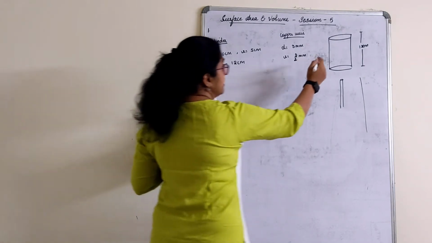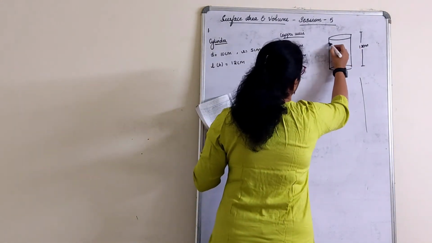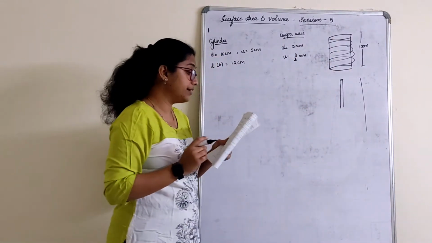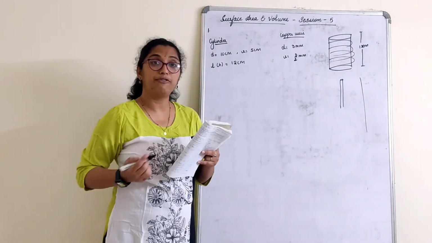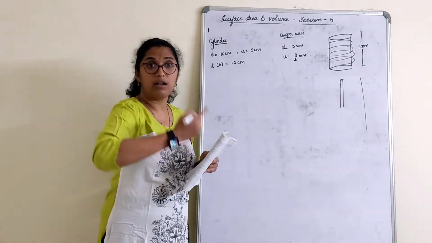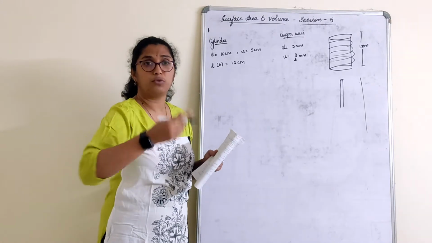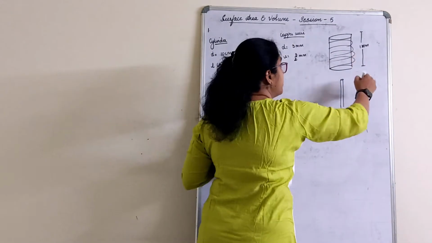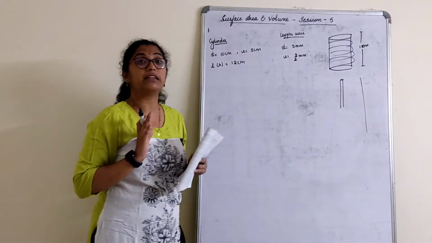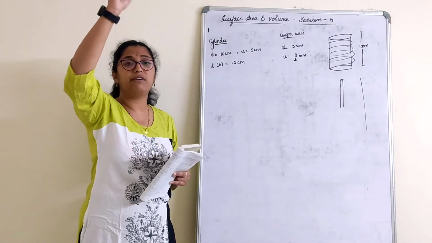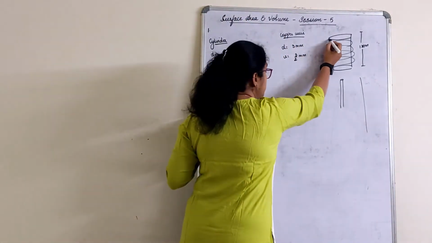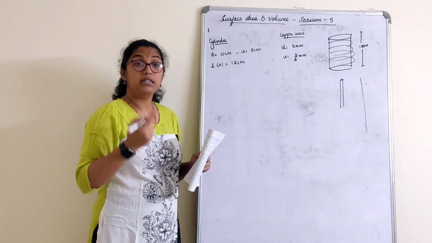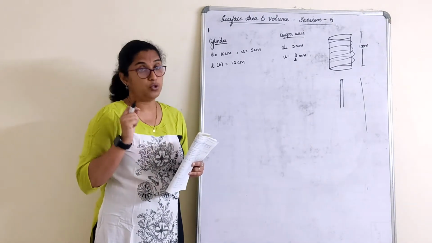Now see, this is what I have to wound it, correct? On this I wound the copper wire. So how many wounds do I have to wound it? One round, second round, third round. So how many windings do I have to do, so that it will cover the length of 12 centimeter of the cylinder? It has to completely cover right from the starting part to the end part. No overlapping. Just you have to roll it. You have to calculate how many rounds you have to do.